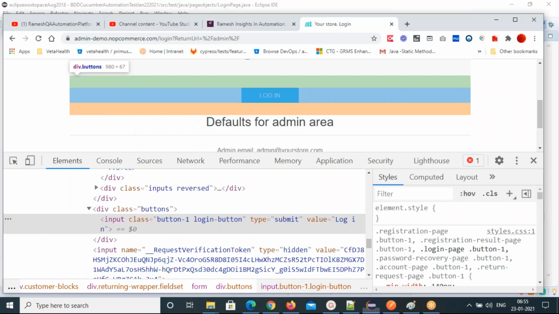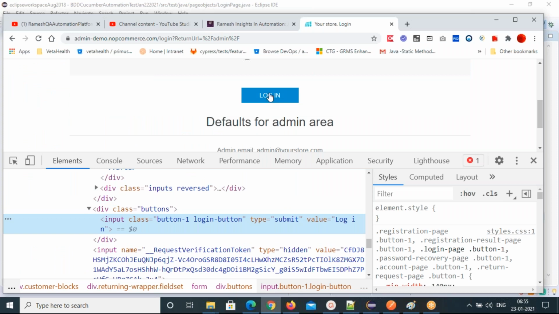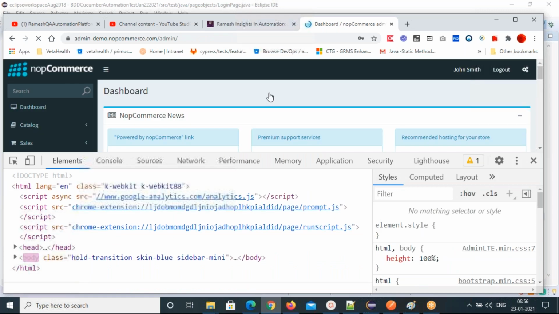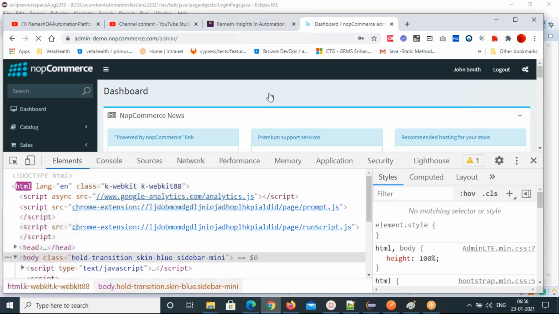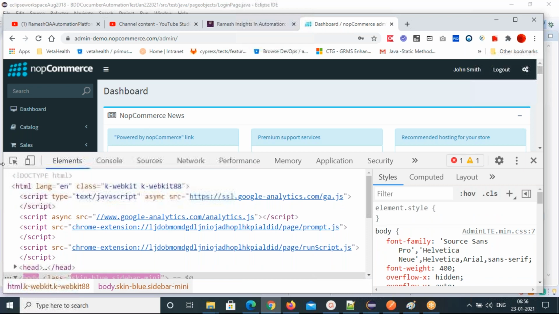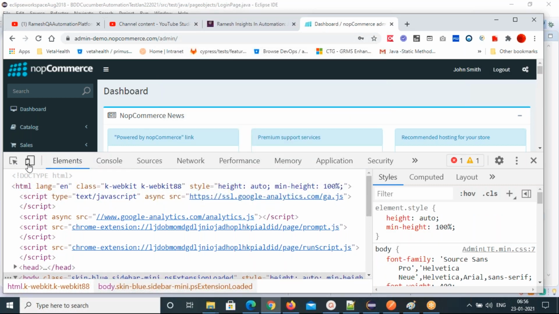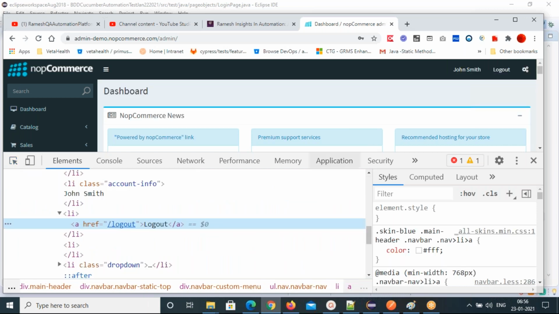And next one is, you just log in and get the logout address. It's a link, I think. Yeah, so it is a link.